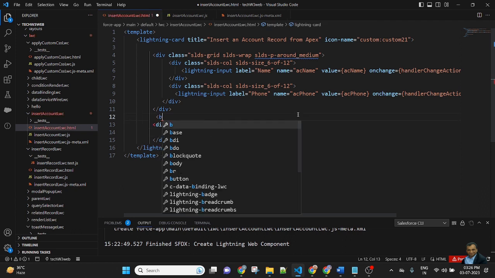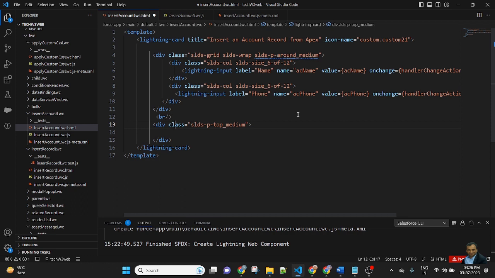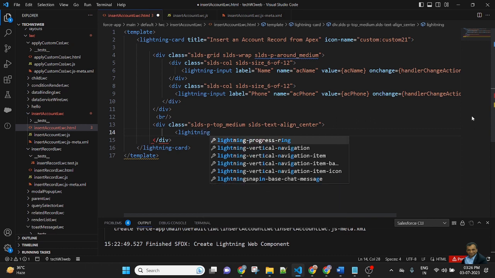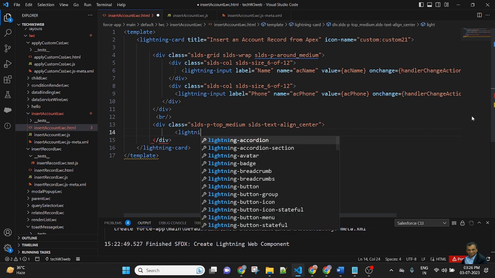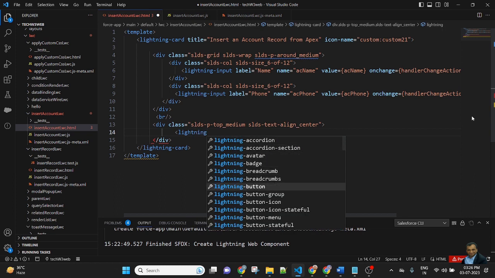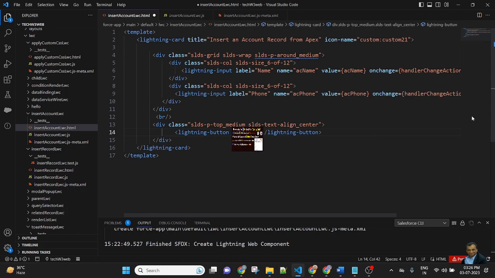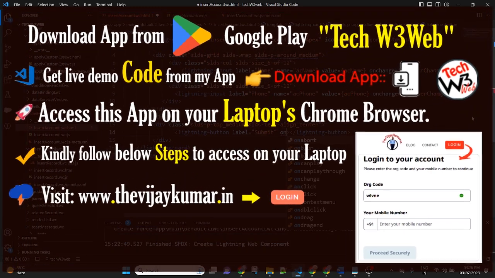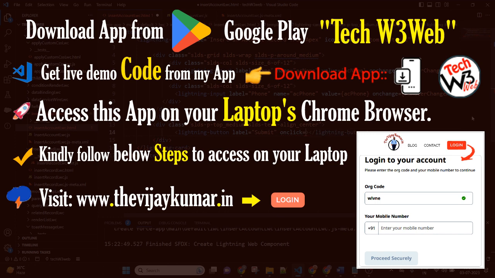Here I will create a div with SLDS text align center and a lightning button with label submit and onclick, submit action.